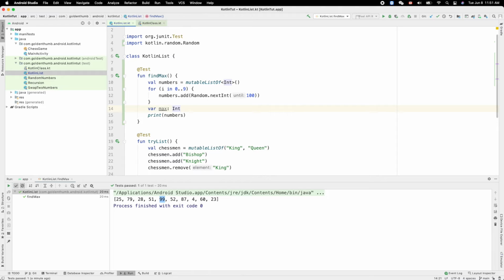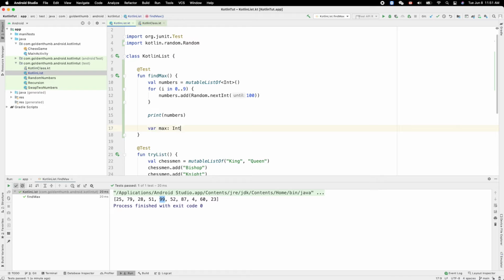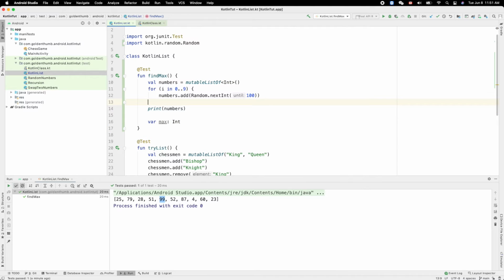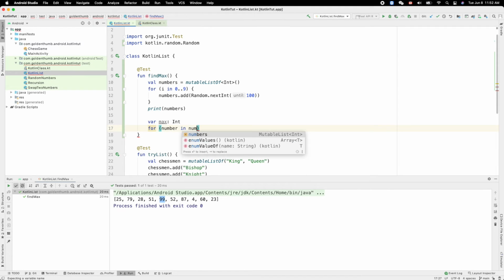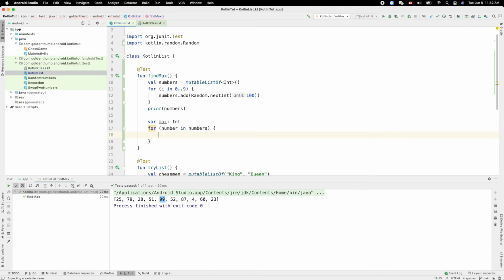Oh, okay, cool. So variable of that, let's put it under here. Now we can use this number in numbers, right, to look through all of them, and if number is greater than max, then we'll